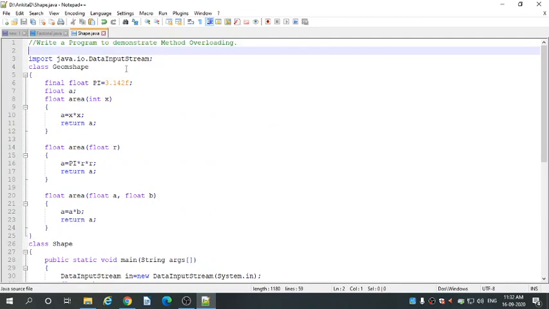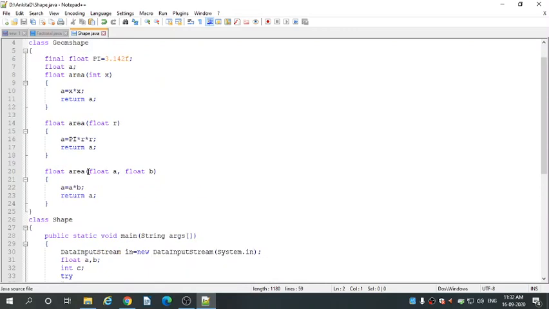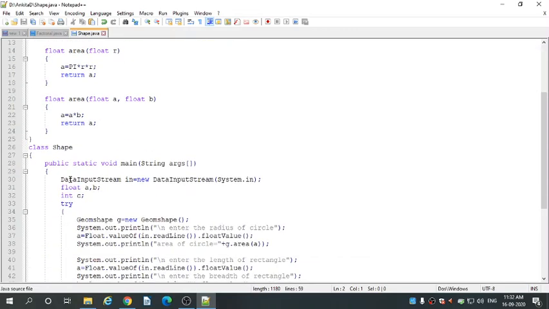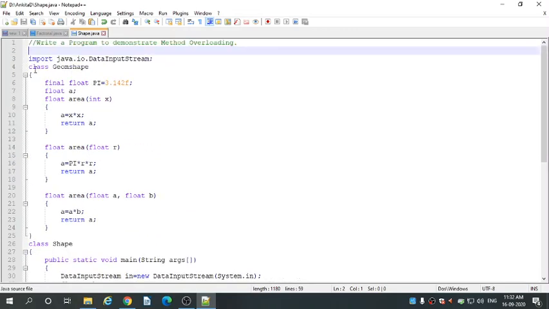Okay. Then comes class geom_shape. You can see here in this program there are two classes, class geom_shape and class shape. In the first class geom_shape, we declared three methods with the same method name, that is area, with different types and different numbers of arguments. This is what is called method overloading. Okay.